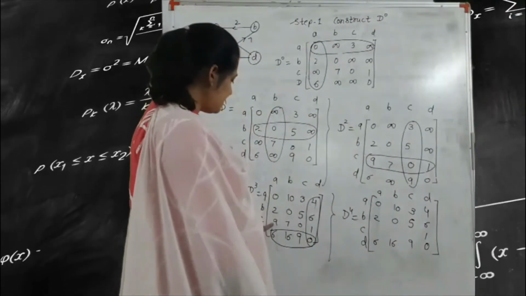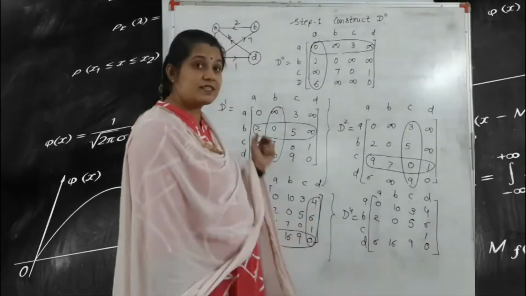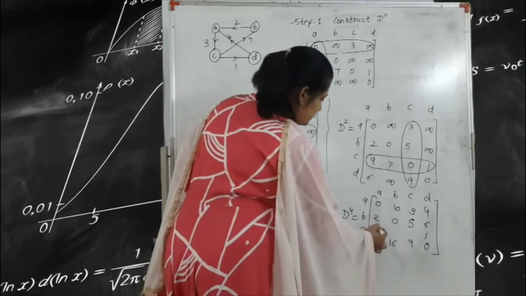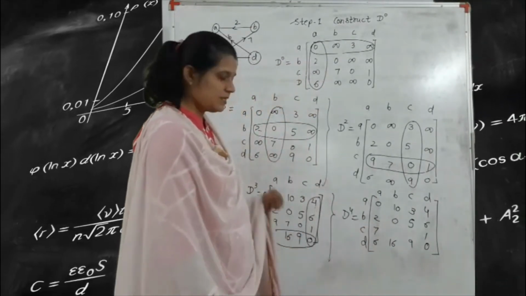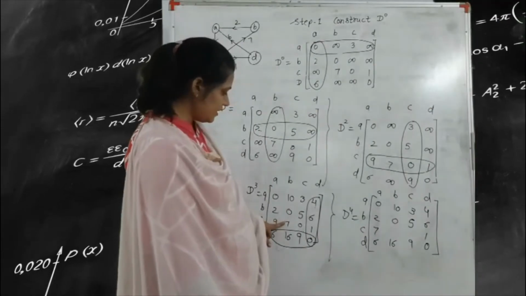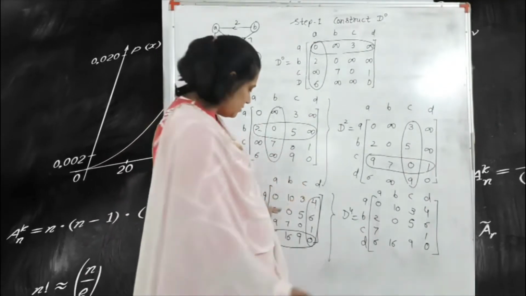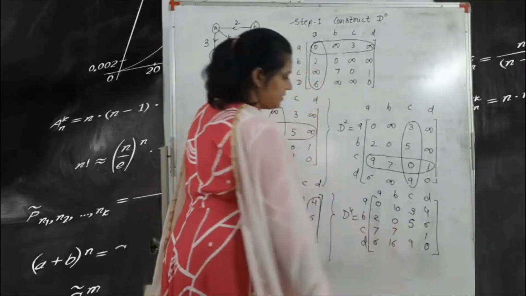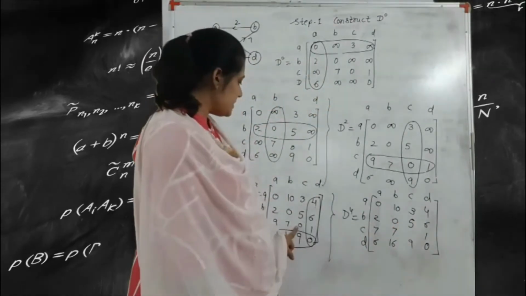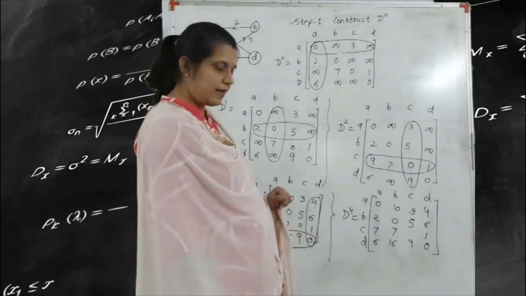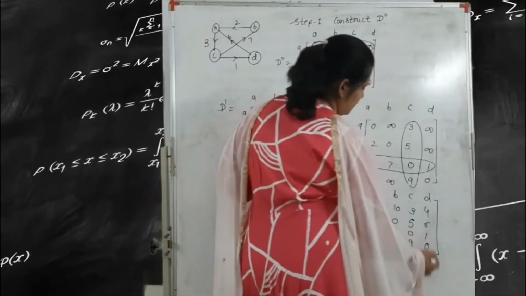Okay, next one is the 9. So 6 plus 1, 7. So 7 is less than 9. So according to this place, we write here 7 because of 6 plus 1, 7. Next one is 7. So 16 plus 1, 17. So 17 is greater, so obviously we write here 7. Next one is this 0. So the highlighted values are 9 and 1. So 9 plus 1, 10. So obviously we write here 0.